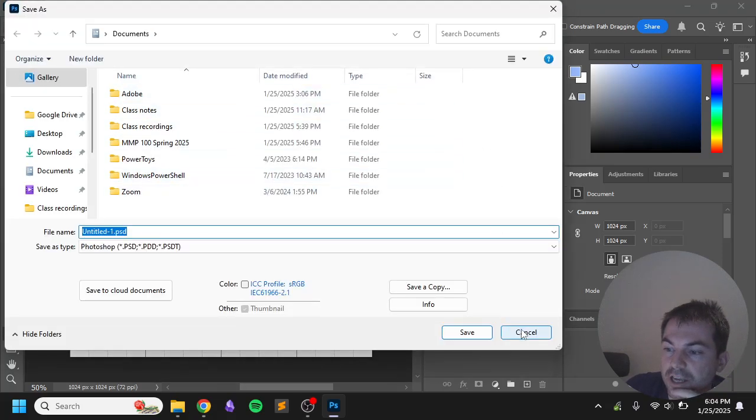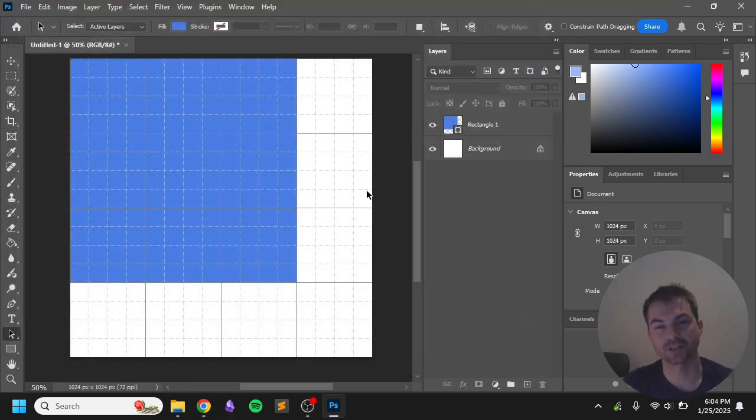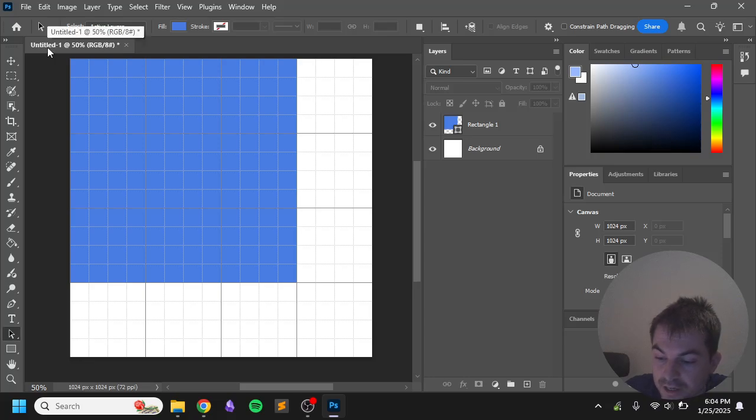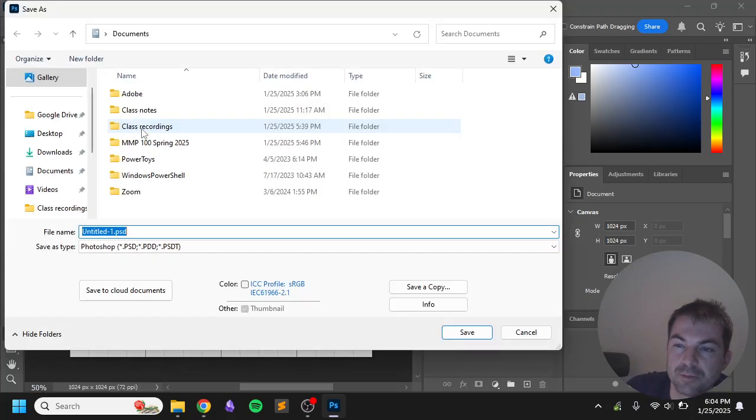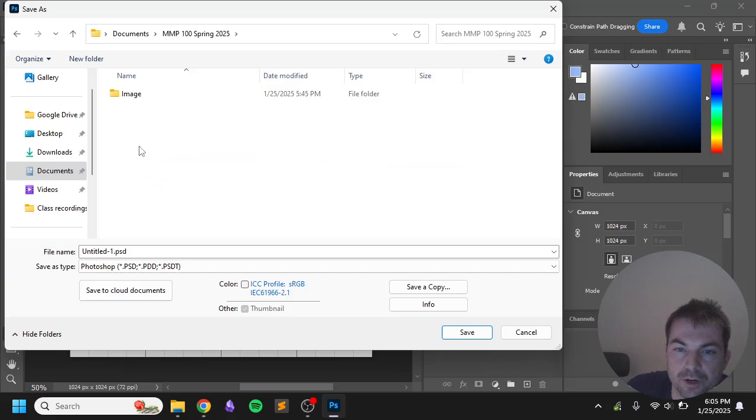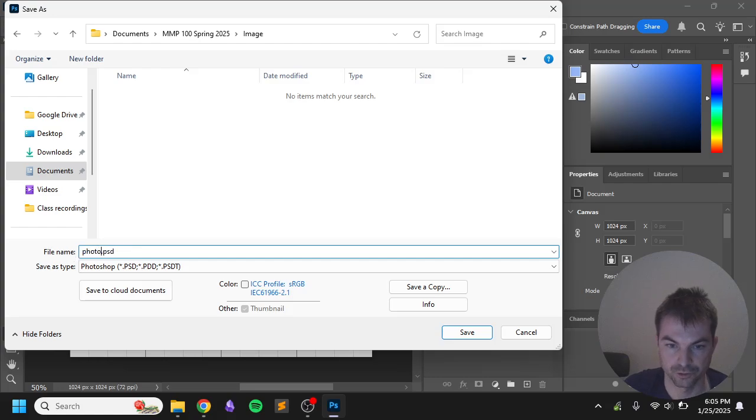Whoops. Oh, I forgot to save. So this is a good thing to go over real quick. So notice up at the top of this little tab here, it says Untitled. That's because I haven't saved this image yet, and I want to do that. So what I'm going to do is go to File and then click Save. This will allow me to save the file on my computer, and I really want to do that so that I don't lose changes that I make. So I'm going to find my project folder. I'm going to go to Documents, go to MMP 100, go to Image. And I'll just call this Photoshop